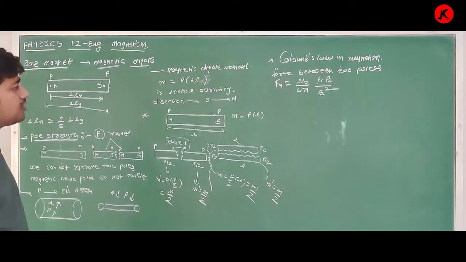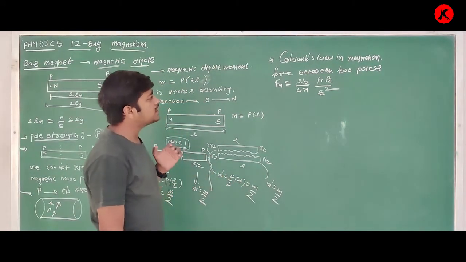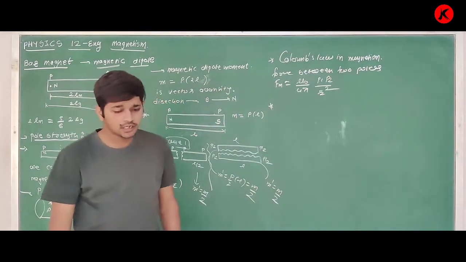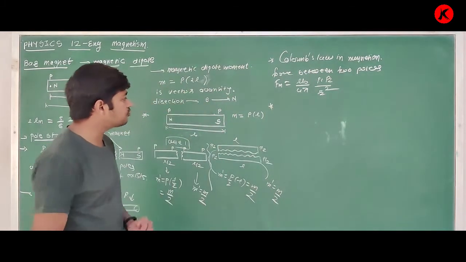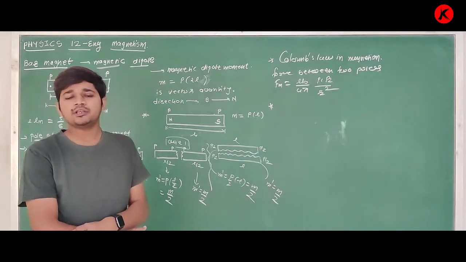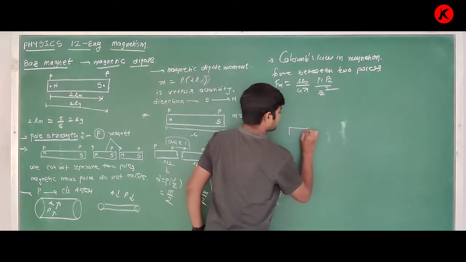So this first equation you have to remember. Okay, here, what is Coulomb's law in magnetism? Now here, in case of a bar magnet, you have to remember the equations of magnetic field. Okay, for example, you are given,